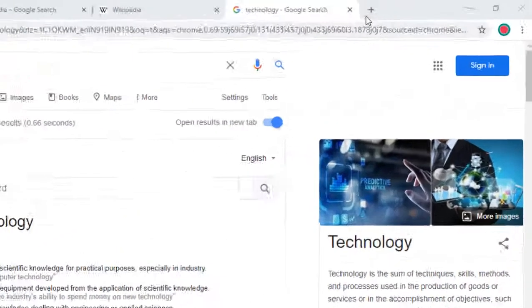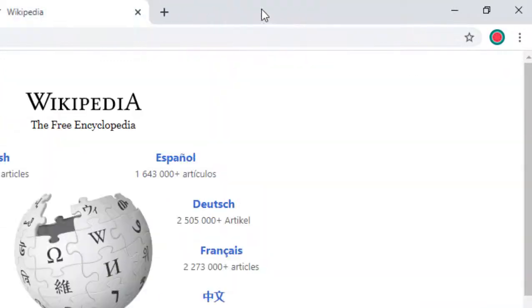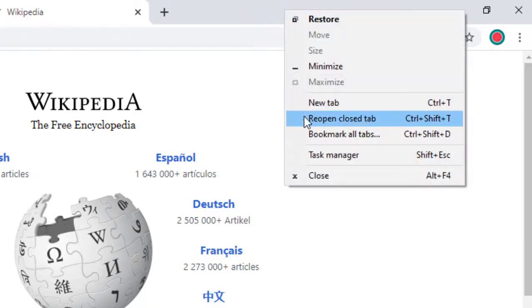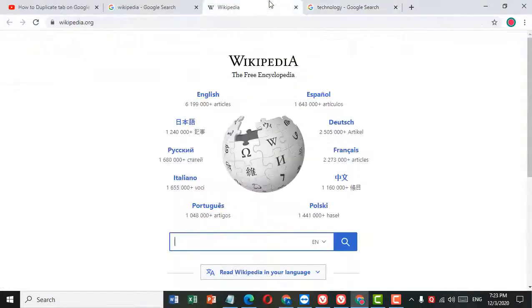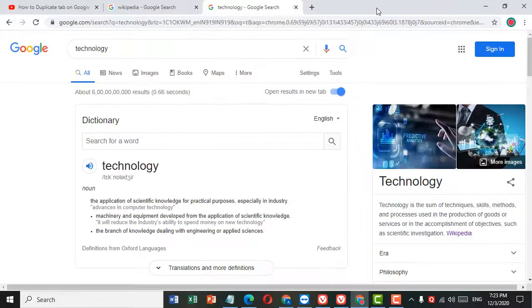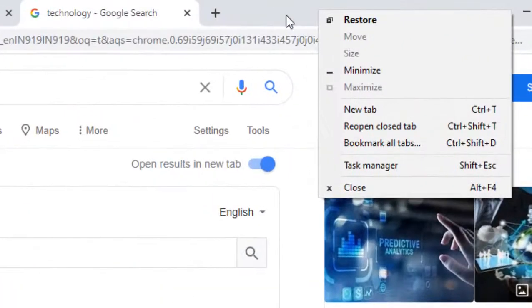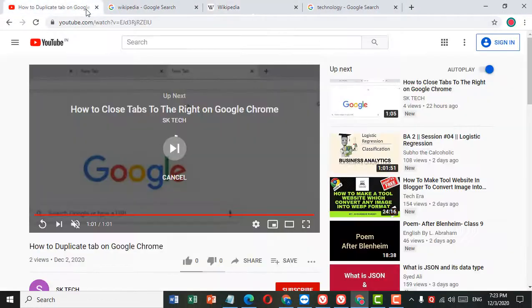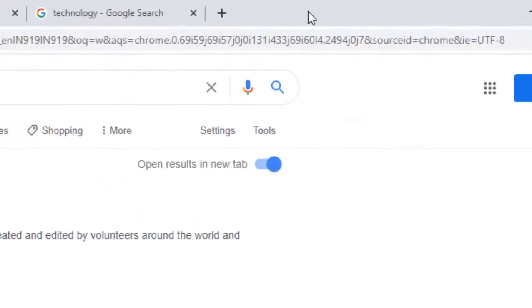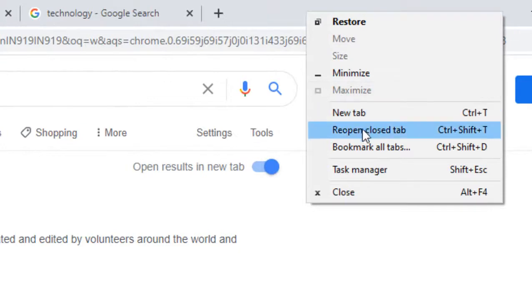If you want to close this tab, click it, and if you want to reopen this tab, right click here. After you click on reopen, that is. If you want to reopen this tab, right click this area and click on reopen closed tab, that is. Reopen, so click on reopen closed tab,